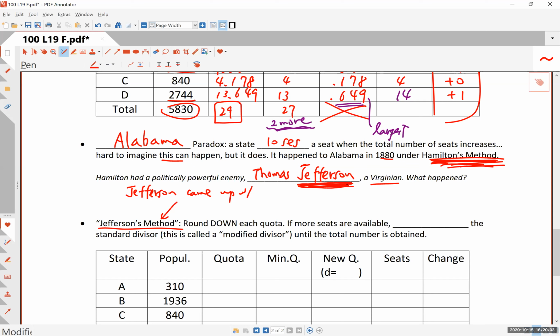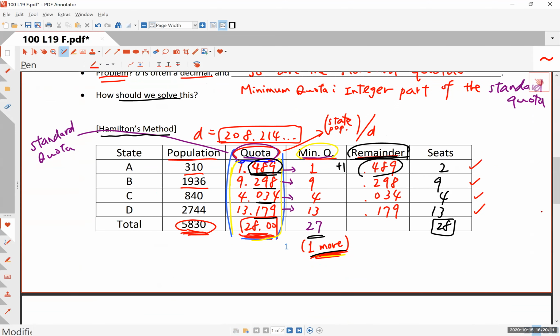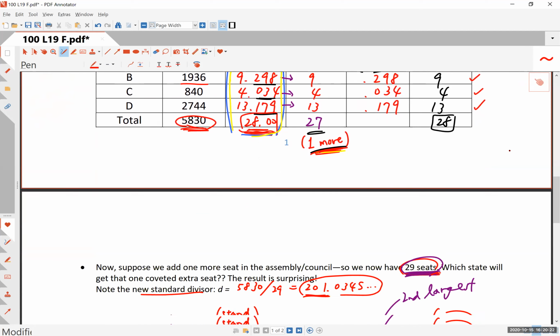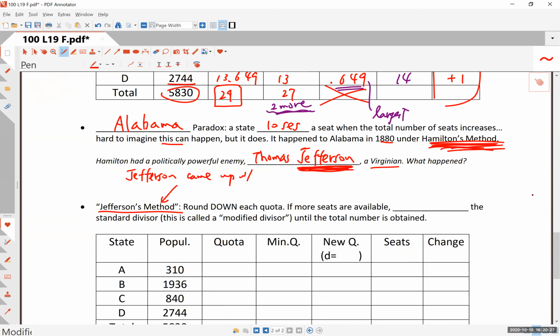He was smart enough to realize that Hamilton's method had this one property, which, as you saw earlier, is that in Hamilton's method, you saw state A win the extra seat. And the reason was because Hamilton's method actually favors smaller states. Did you get that? Yes, Hamilton's method generally favors smaller states. Now, Virginia was not a small state. Jefferson wanted a system or method in which larger states would be more advantageous. So clearly he didn't like Hamilton's method.